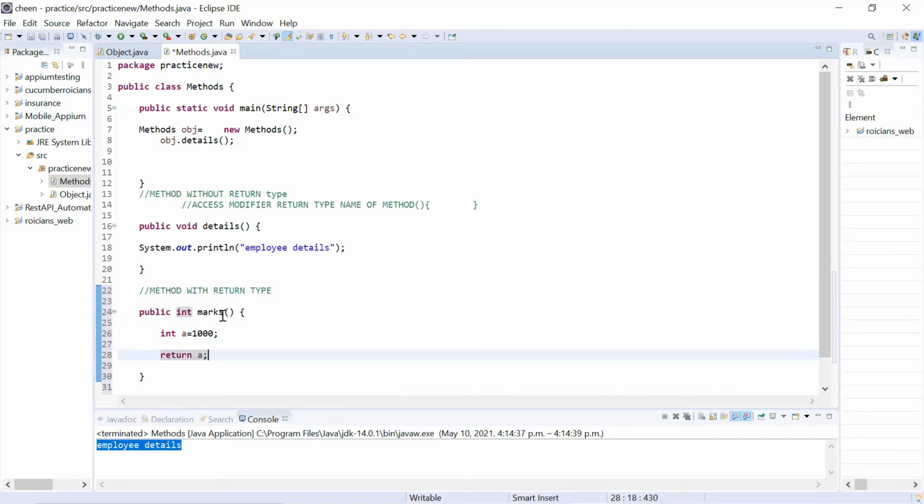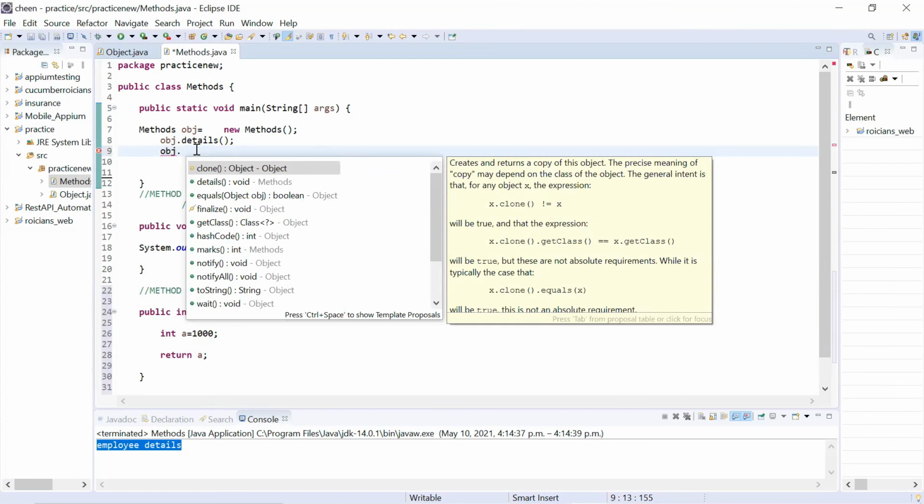See, it's not giving me any error now. So this is how a method with return type is created. Here, if you want to call this method, you need to go to the main method. Again, write obj dot, because this is how you can access the object of this class. And you can see here, I found marks as my method.